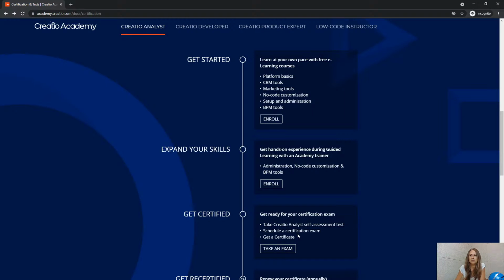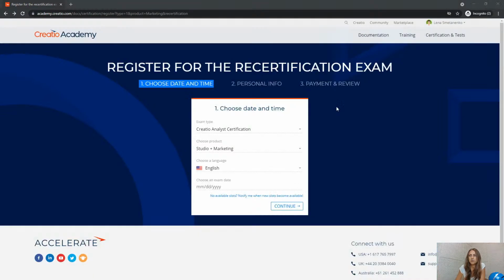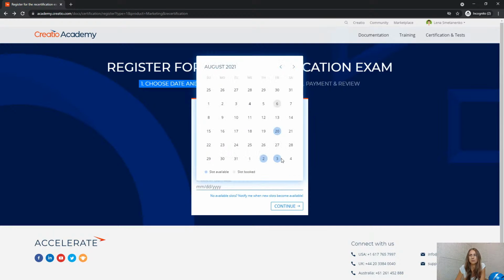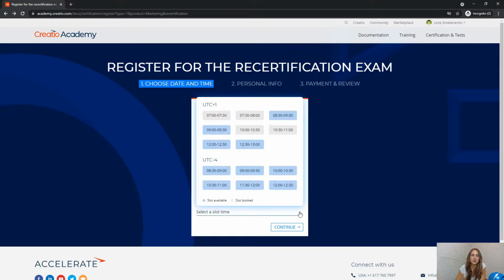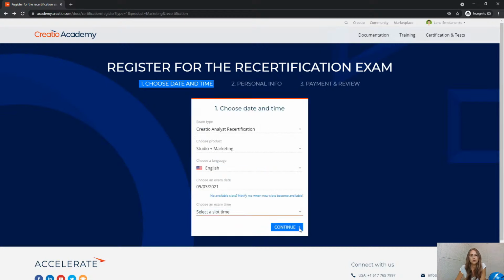To take an exam, on the bottom of this page, you need to choose your exam type, then choose your language, and then the exam date. So choose the date that works for you and choose the available time slot that works for you. Please pay attention to the time zones that the slots are offered in. We do offer them in 2 different time zones, so adjust to the time zone accordingly. After that,